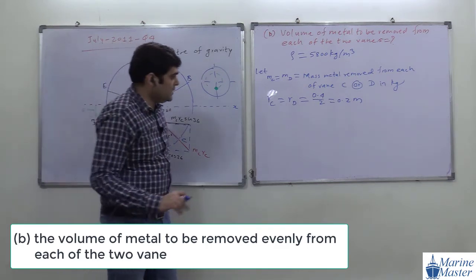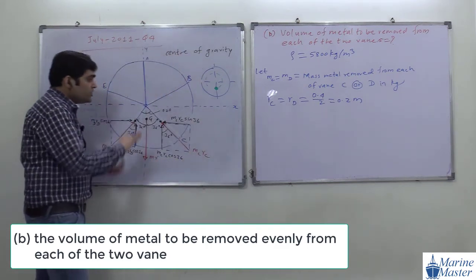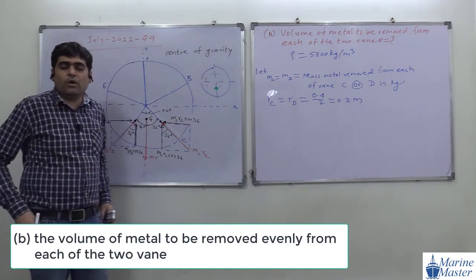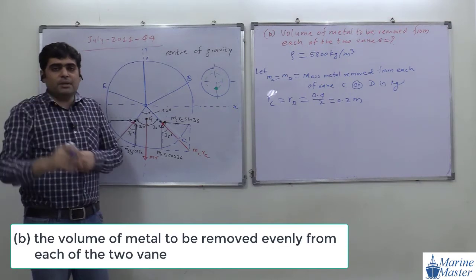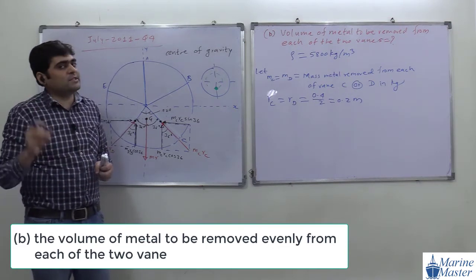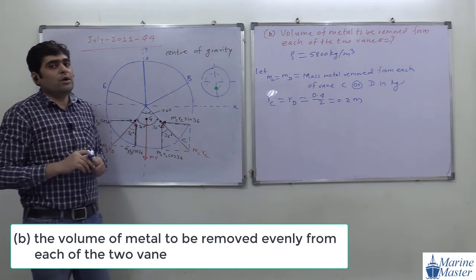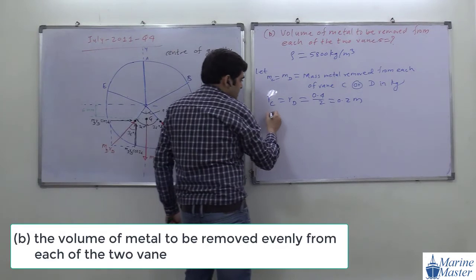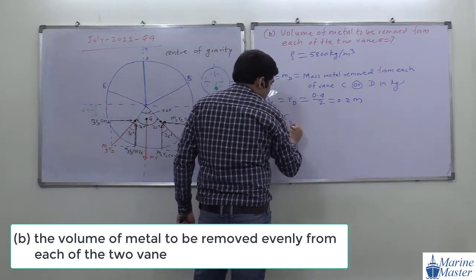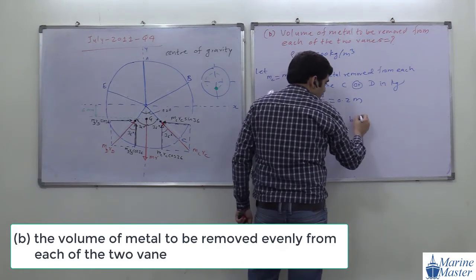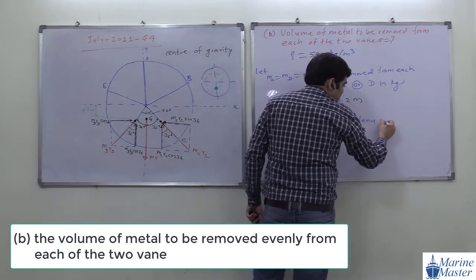Okay, good. Now this system, after removal of these masses, what will happen? This system will be in equilibrium. And equilibrium means what? After removal, summation of forces in x direction is equal to 0 and summation of forces in y direction is 0. Can we take summation of forces in y direction equal to 0? Why? Because our system is a balanced system.